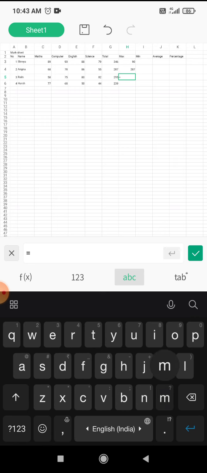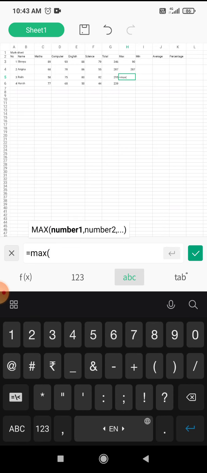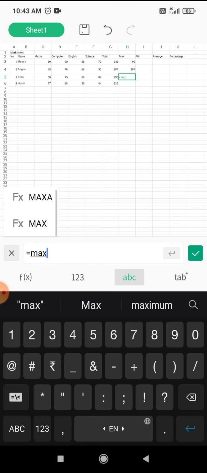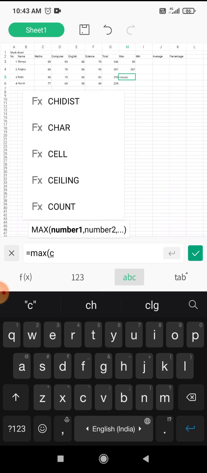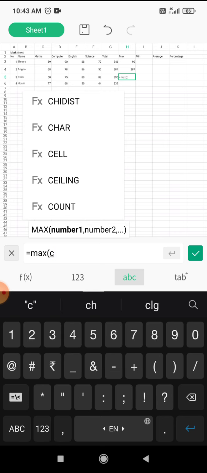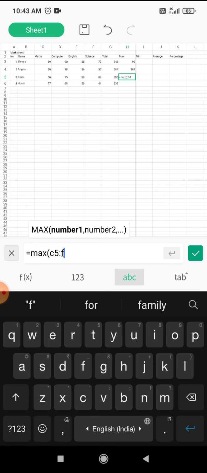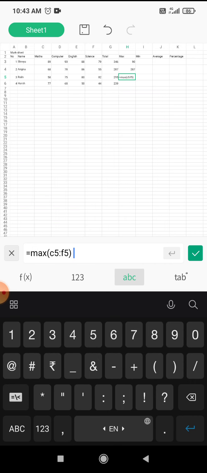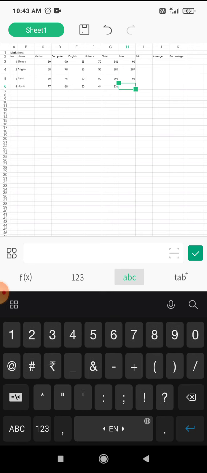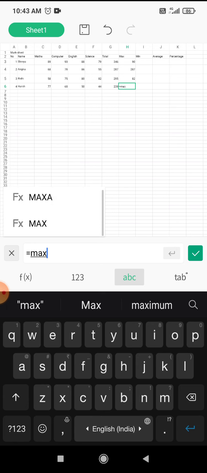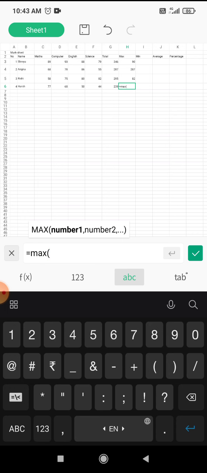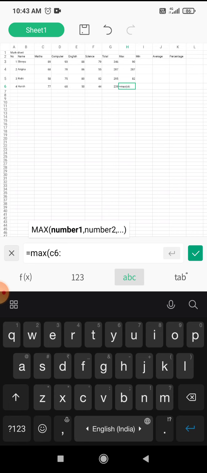Equals to max, round bracket start, then take the cell address, C5 colon F5. Equals to max, bracket, C6 to F6.